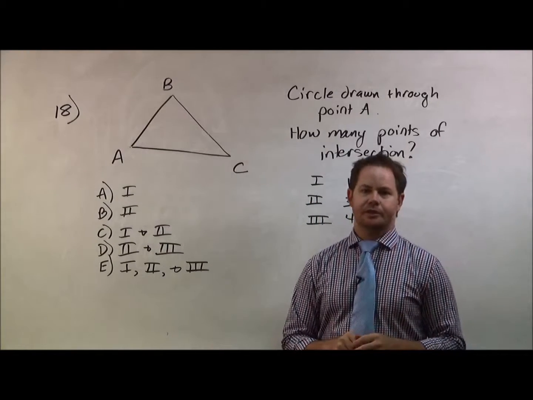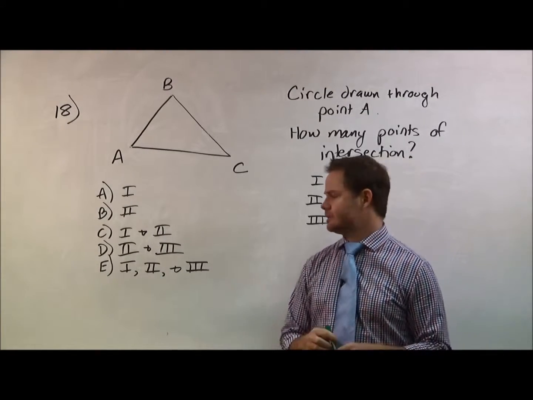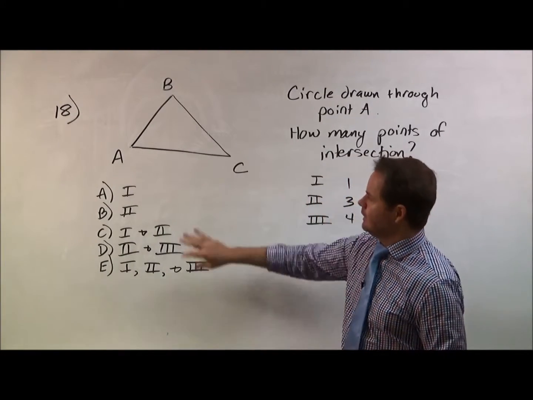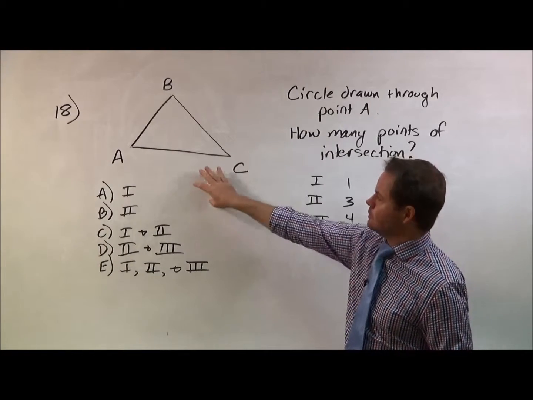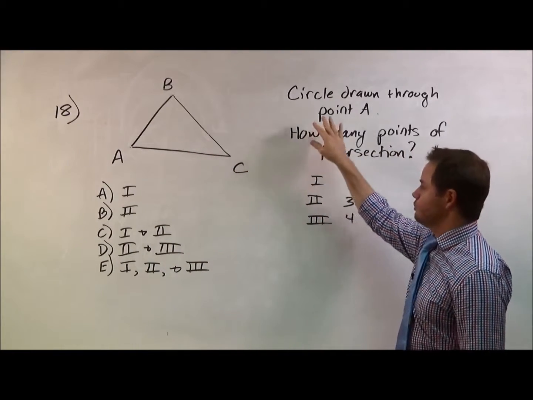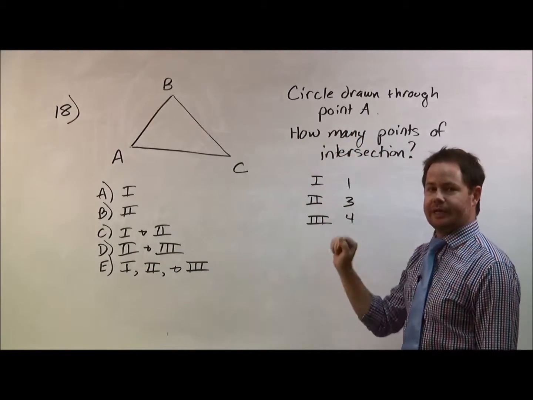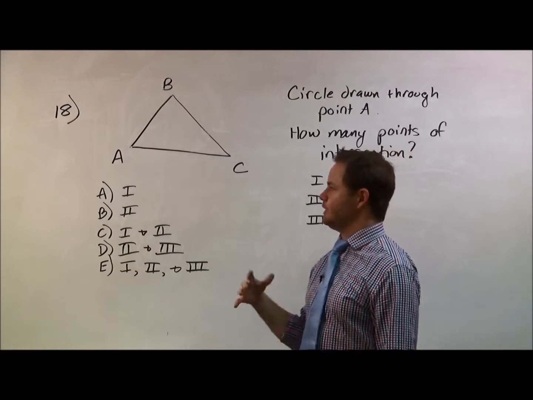Hi, I'm Chris. We're taking a look at a question from one of the online SAT practice tests provided by College Board. This one is question 18 from this practice test. And they present us with this triangle ABC, and they tell us that we're going to draw a circle that passes through point A, and they want to know how many points of intersection there are between the circle and